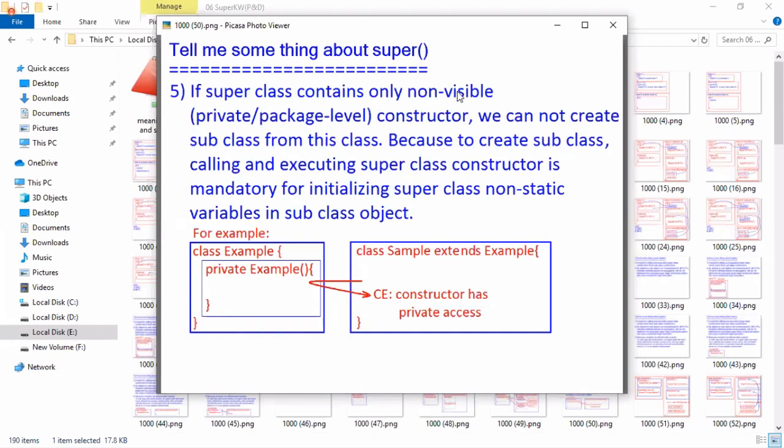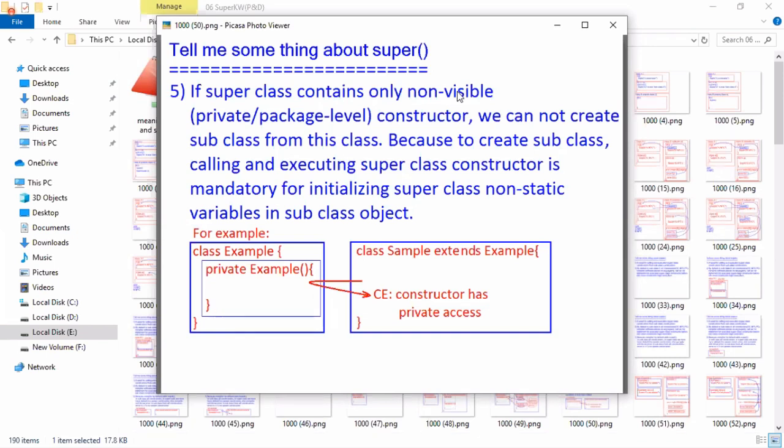Not possible. If a superclass contains only non-visible private or package constructors, we cannot create a subclass from this class, because to create a subclass, calling and executing the superclass constructor is mandatory.